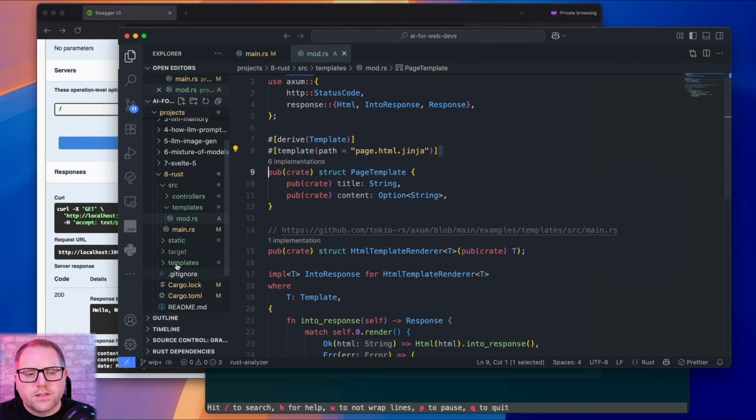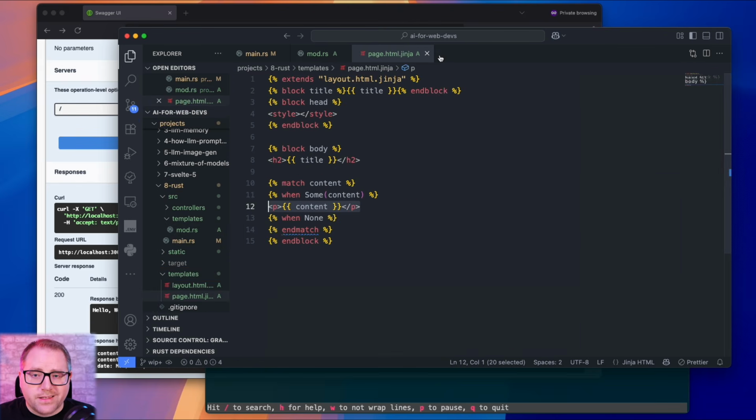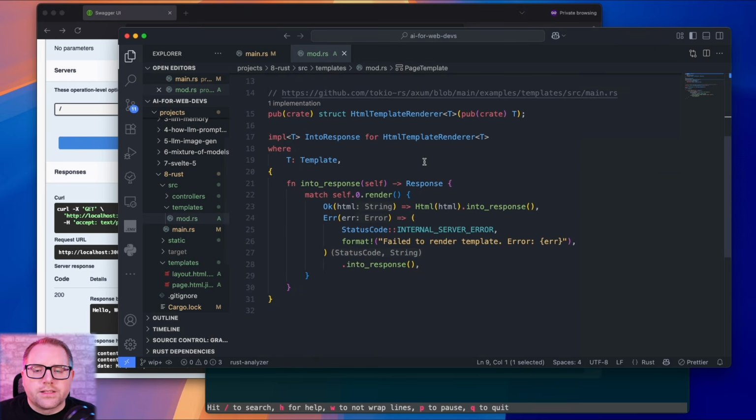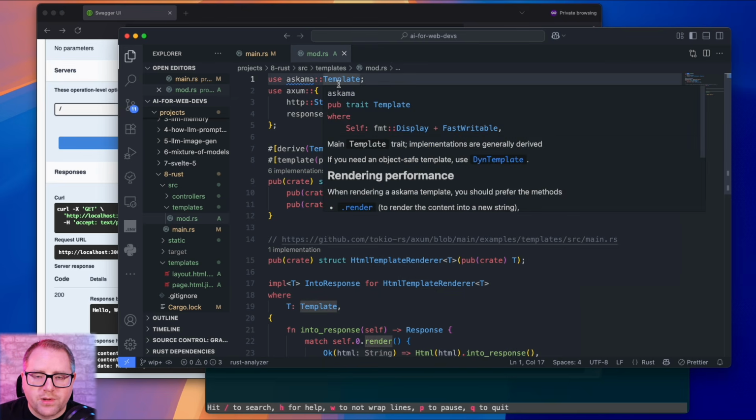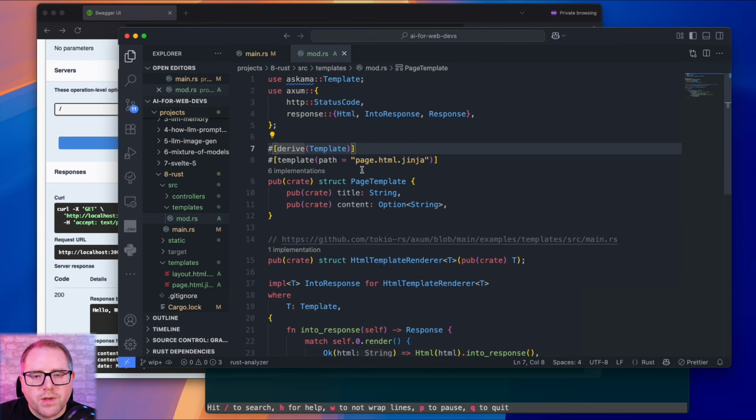If we go back, we can see that the page template extends layout, so we don't necessarily need a layout struct. For page template, the path is from the templates directory, so page. We're deriving the Askama template macro, and we're just going to have two fields: title and optionally some content.